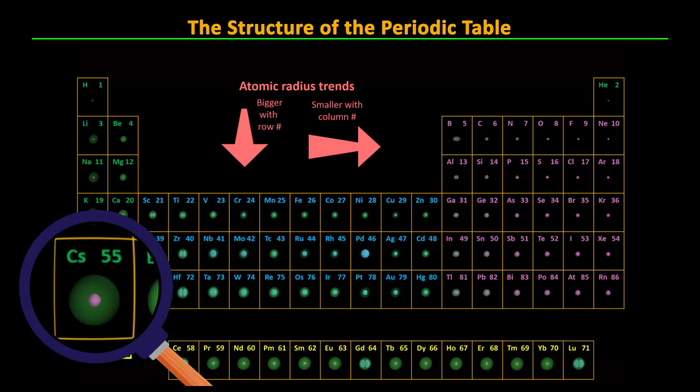For instance, the largest atom in this table is cesium at atomic number 55. This is the atom whose electrons are first populated in the n equals 6 orbitals. All of cesium's other 54 electrons are inside that little pink sphere populated in the n equals 5 and lower energy levels. As you can imagine, that outermost electron of cesium doesn't feel the full pull of the 55 positively charged protons in the nucleus, because there's 54 other electrons getting in the way.